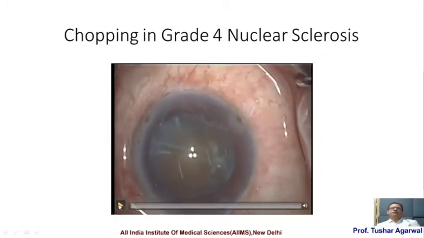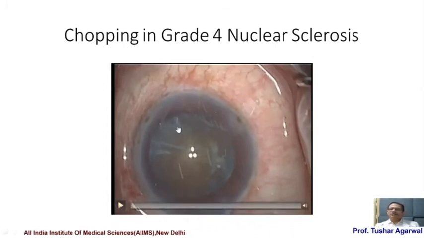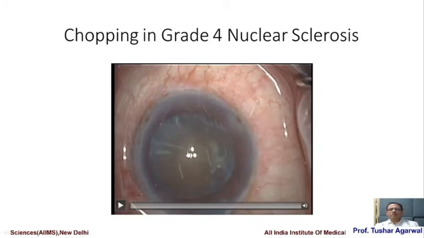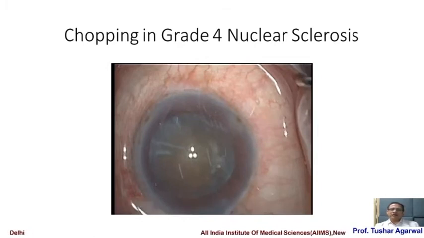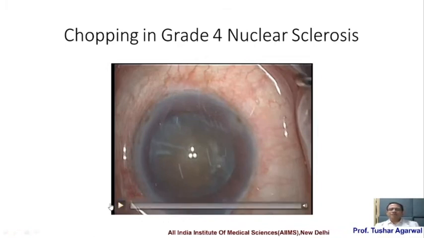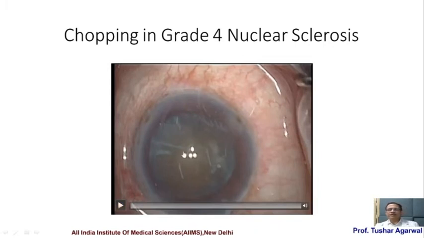Now, the grade 4 or grade 4 plus nucleus is a little different than a grade 2 to 3 in the sense that the nucleus is much bigger. It extends both in the lateral direction and the anterior posterior direction. So the depth of the hardness is much more. When you crack, in most cases you will not get a crack which is deep enough. So you need to treat the center of the nucleus, which is the hardest part, differently than the periphery. Your aim is to get rid of this central part as soon as possible.